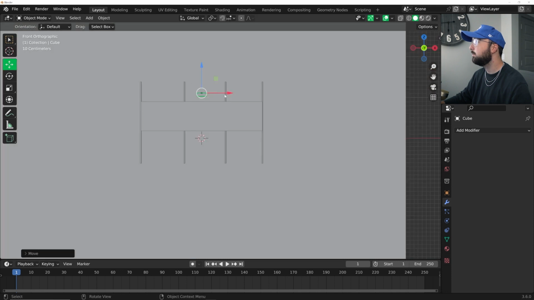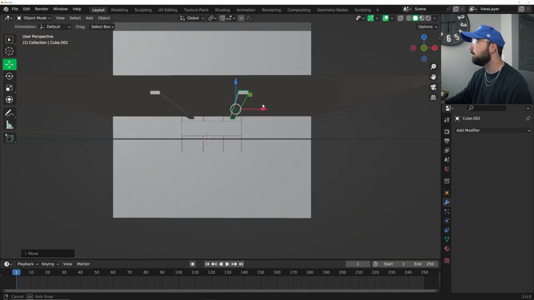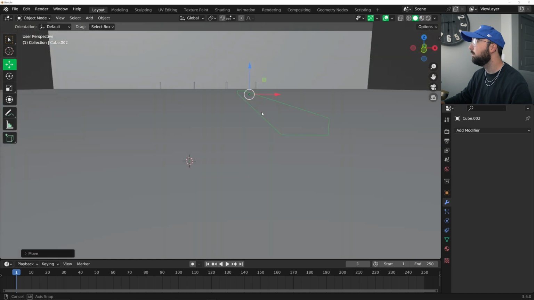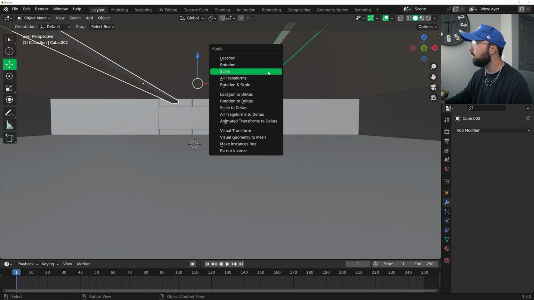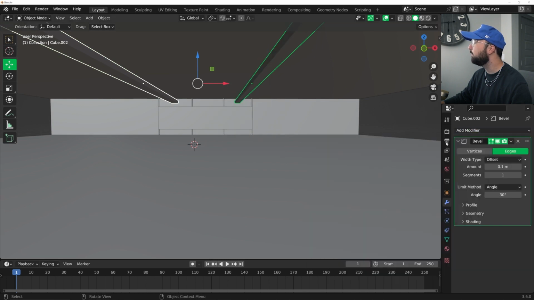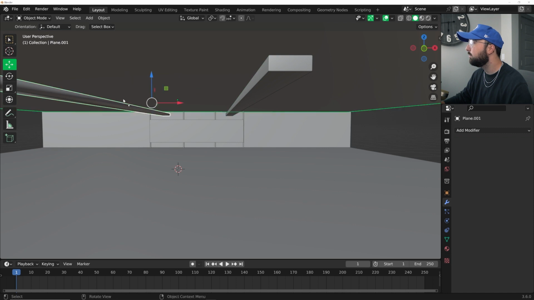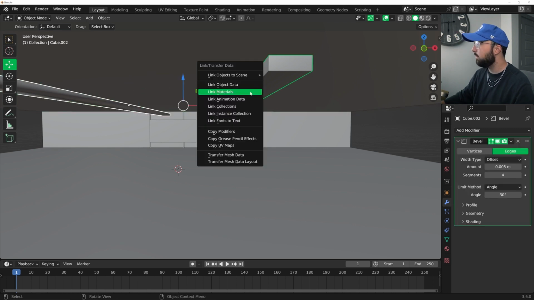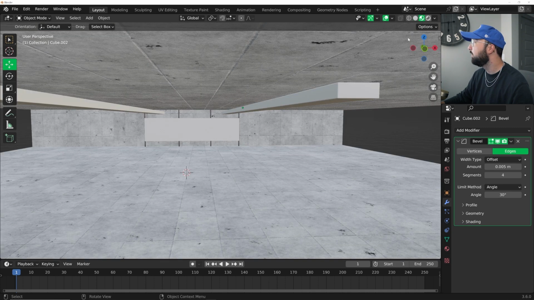Cool. And then I'll hit Alt D. And then if we want to have a gap right there, cool. Control A, apply that scale, and we will bevel. We'll bevel these guys because light is going to be reflecting off of them, so we need to do that. I'm going to copy, Control L, copy modifiers. Okay, cool. Now what I can do is